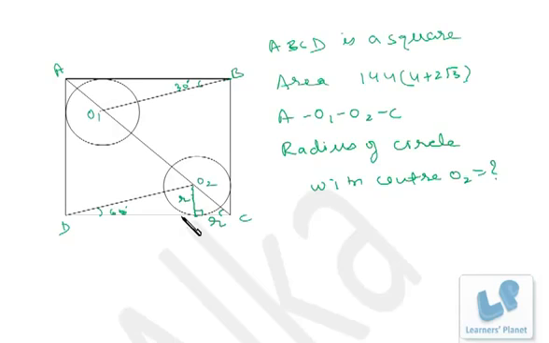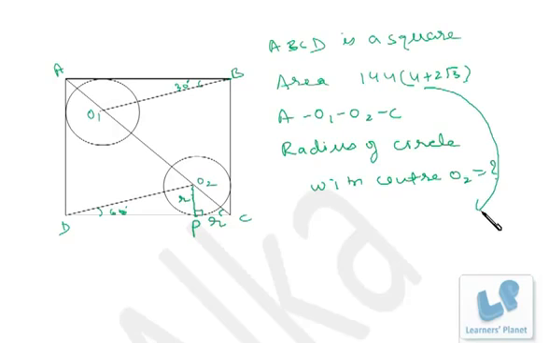Now suppose I assume this point to be P. We are unaware of the side DP, right? The thing that we have to calculate is R, and we don't know DC. Since in the case of a square the area is side squared, can we find the side? Whenever you see this sort of complicated irrational number, these are always in A plus B whole square format or A minus B whole square format. Just listen to me carefully.